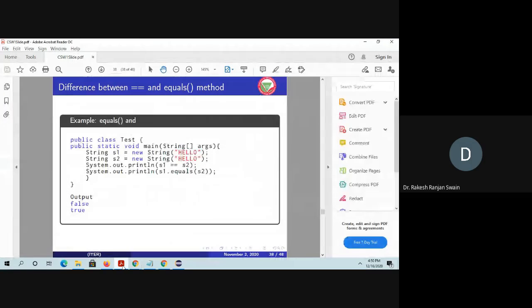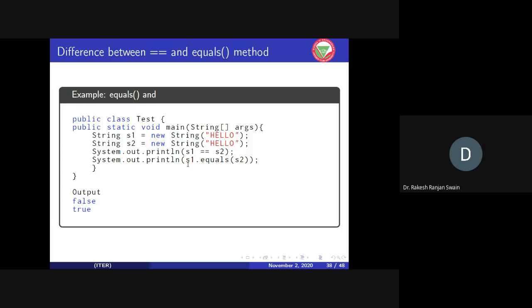The same thing here, see in the example. Here I am using the constructor new String for s1 and the constructor new String for s2. If I am checking s1 double equals s2, it will check if the contents are equal. Yes, the contents are equal, but is it the same memory location? No. Why?